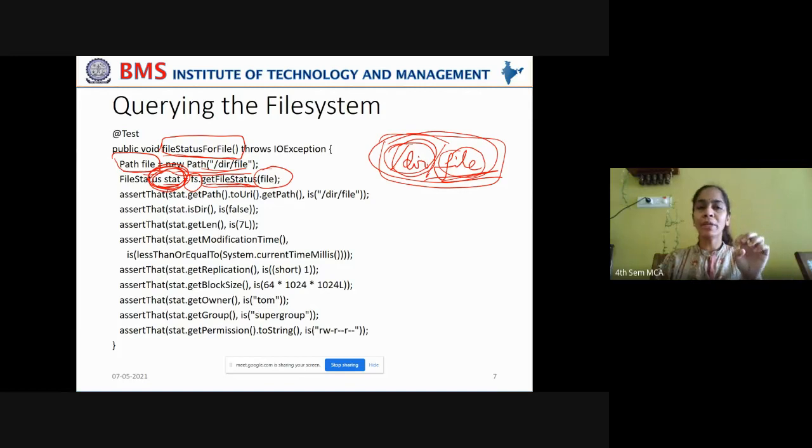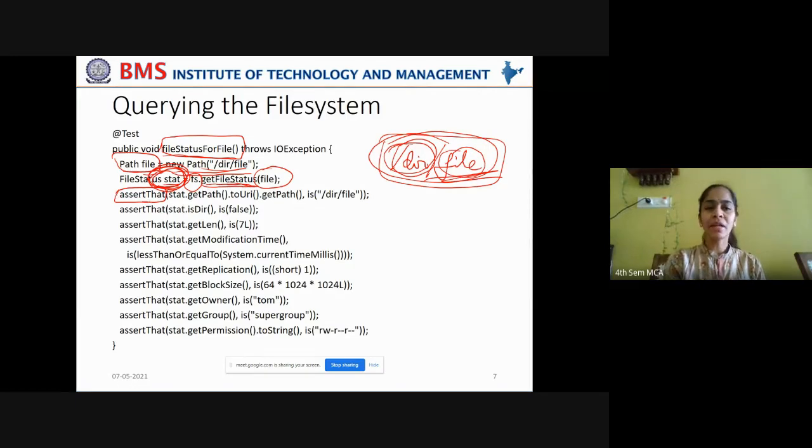Right? Now all the information, all the metadata is available in this stat object. Now you wanted to tally it with the existing data, whether it is correctly retrieved or not. For that, we use a method called assertThat. AssertThat is a method which is widely used for testing. Testing whether what is expected is tallying with what is already existing or not.